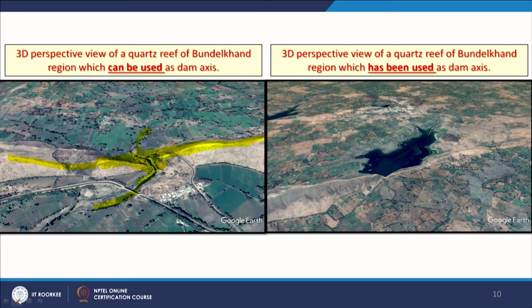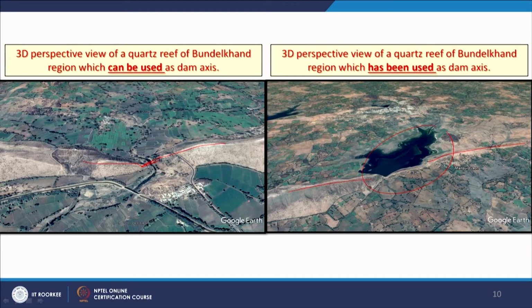So here let me try again with a different color. What I am saying is, this is the ridge and this ridge is continuing. So if I block here on the ground, then I can inundate water on the upstream side, like here, which is shown here. Earlier people must have used the topo sheets or other things,